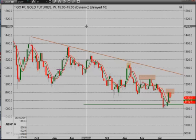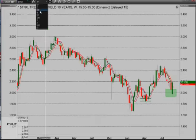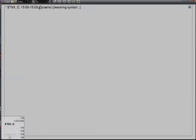And the last market we'll cover will be 10-year interest rates in the United States, because that's the market that everyone's watching for clues as far as when are rates going to rise in the U.S. And again, it's not a matter of if, but when. And here's a daily chart